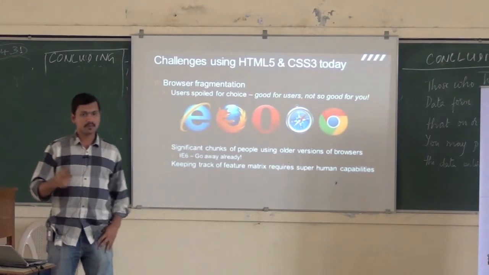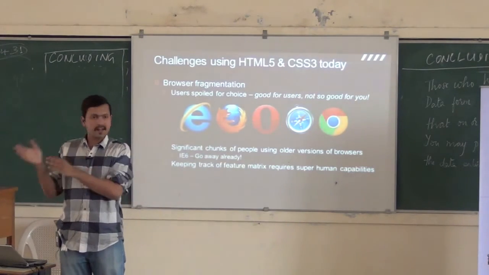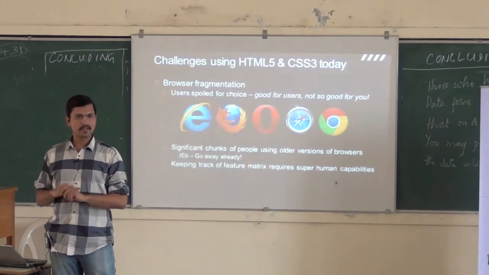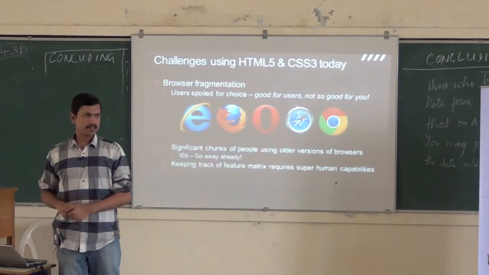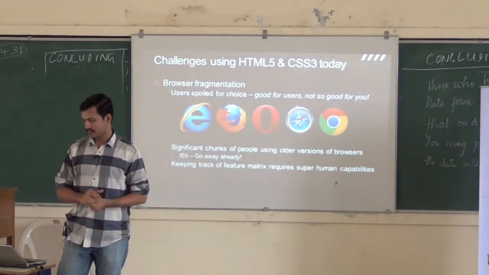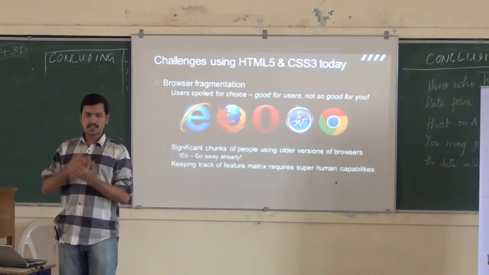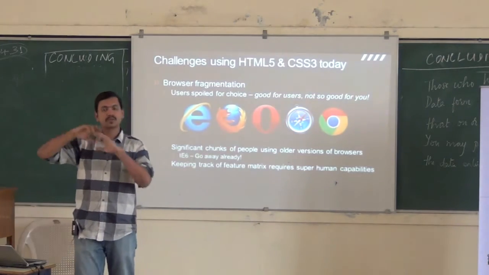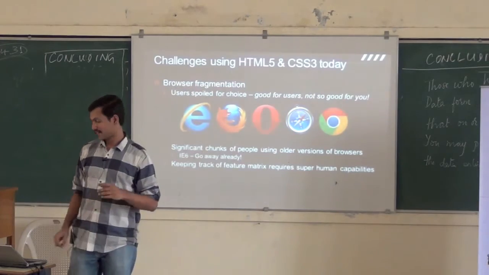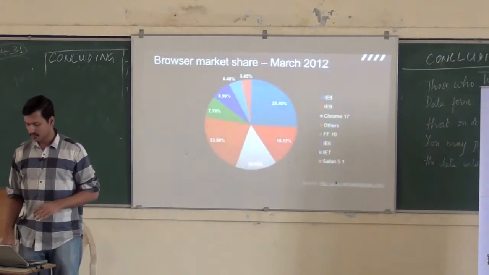If you have to do that, what you're essentially doing is taking upon yourself the responsibility of keeping track of what browsers have what features and how they've been implemented. And given that we have at least 3 browsers that you probably want to target, i.e. IE, Chrome and Firefox, and all of these have so many different versions and all of those versions have different implementations, that's a task for a superhero. That's not something that you probably want to do.